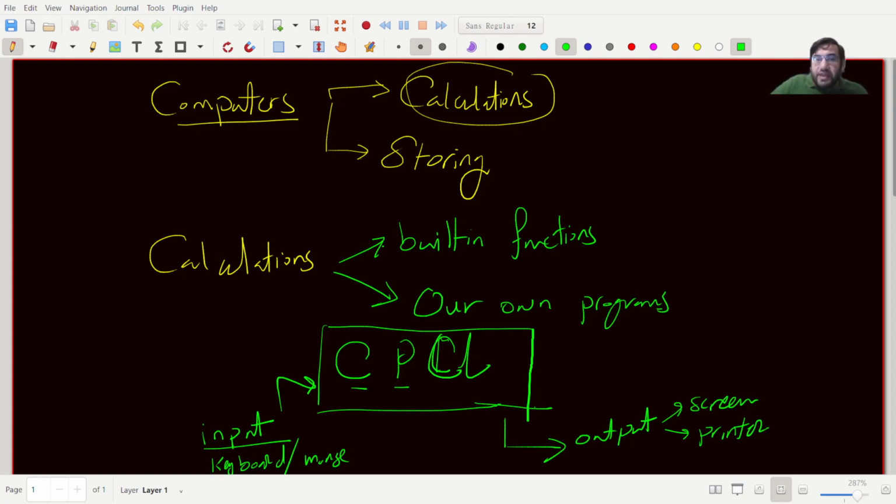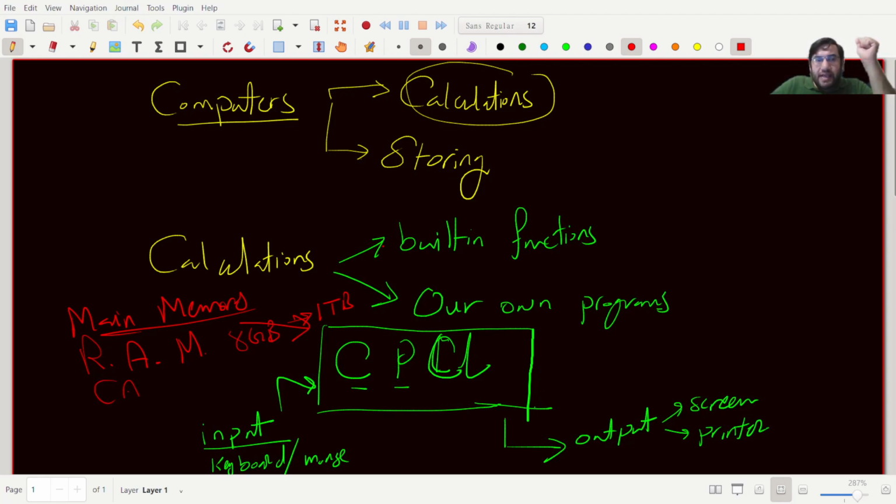Another thing that's also very crucial and very important and very fundamental is the main memory, connected to the CPU, to the central processing unit. And there are actually two types of memory here. There is the random access memory, and that's on the order of, let's say, 8 gigabytes all the way to even terabytes, maybe 1 terabyte or even more, depending on how powerful your computer is. And there is also the cache memory